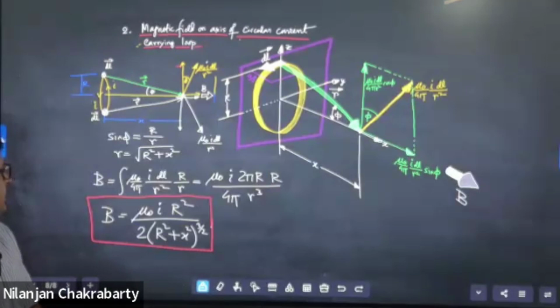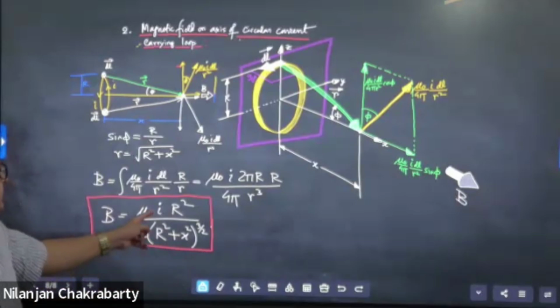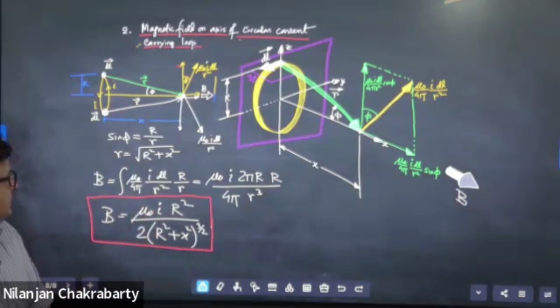So this is our formula. And if you are at the center then x equal to 0, it comes out. When x equal to 0 it is mu naught I by 2R, and when x is very large then